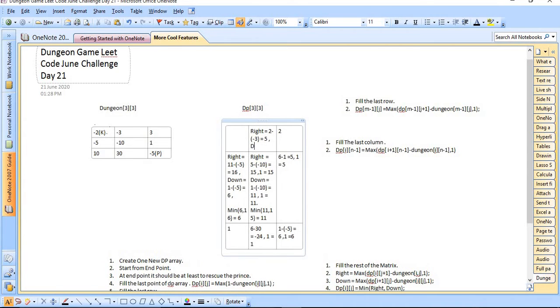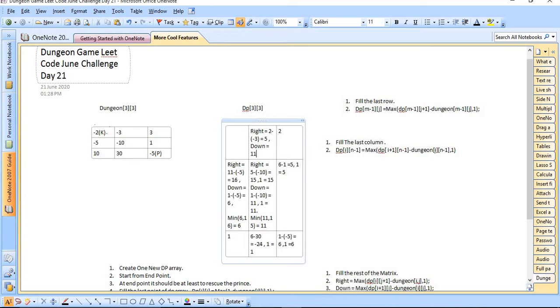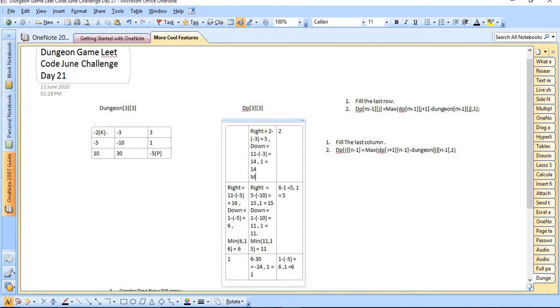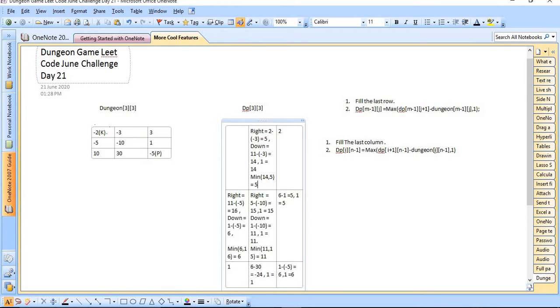Down will be 11 minus 3, which should be equal to 14. The minimum of 14 and 5 is 5. So its value is 5.